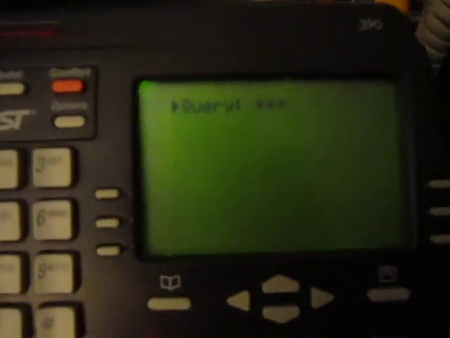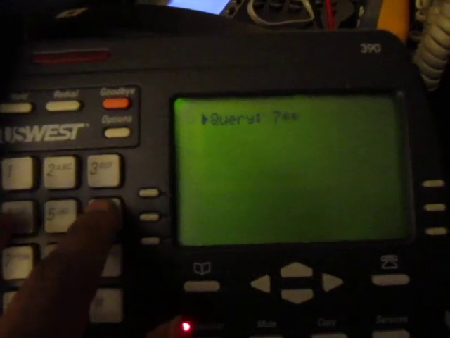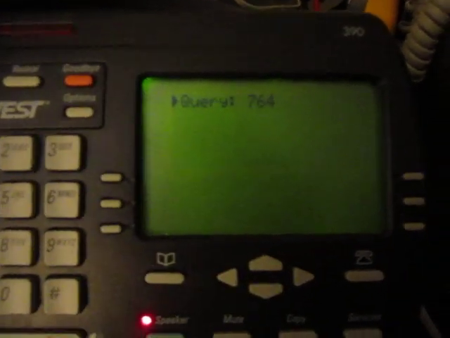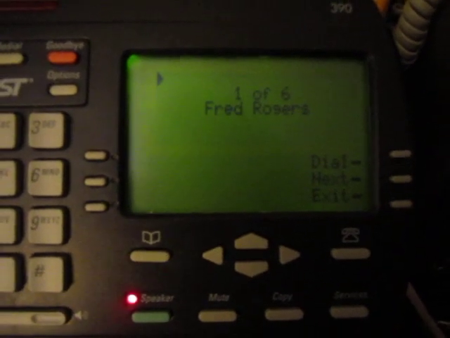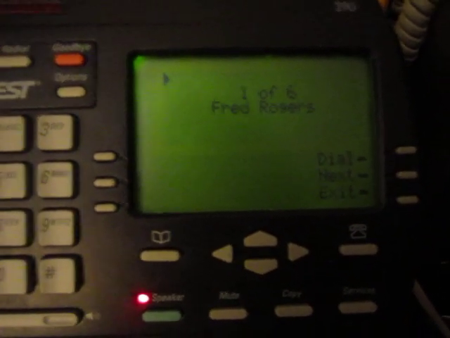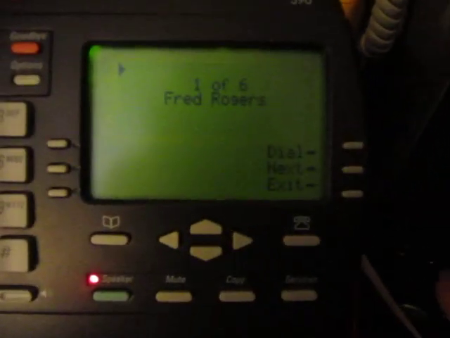Directory. Using your touchtone keypad, please enter the first 3 letters. F-R-E-D space R-O-G-E-R-S. So the audio prompts are the same, but now notice that you get a visual component to this directory